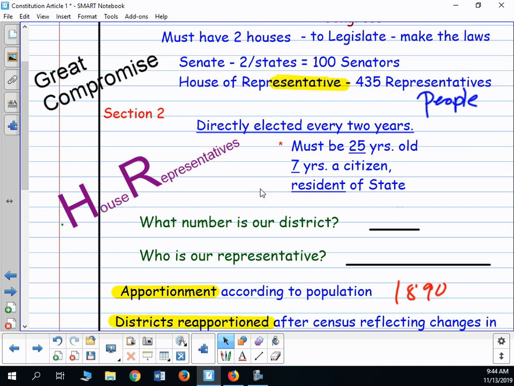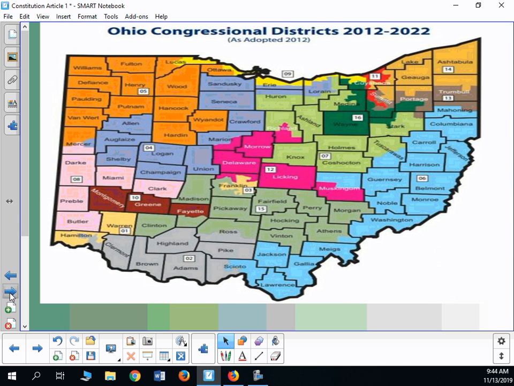All right, so let's speak specifically to our district. Our district here in Preble County is number 8. Now, that does not include just Preble County. I'm going to go to and come back to this here for a second. This gives you an opportunity. It's not the clearest picture. I'm sorry, it's the best I could do. But if you look over here, Preble County's right here. Our district is shaped kind of wonky, but like this. And Preble County's right smack there in the middle.